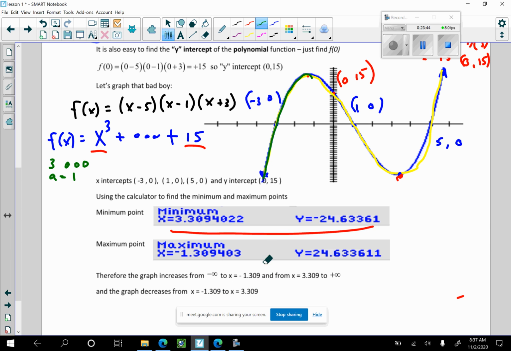And then it starts increasing from this x-coordinate. That's what we're talking about here. Where does that graph decrease? That graph decreases, let's do decrease in red, from this point